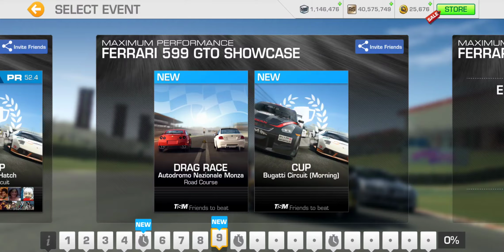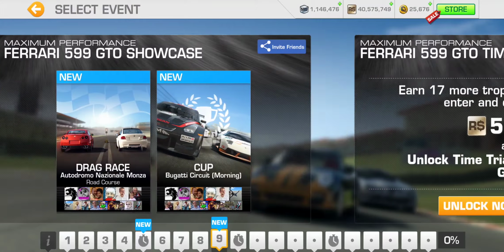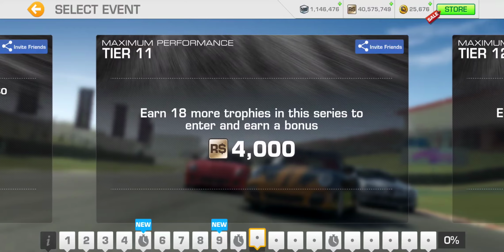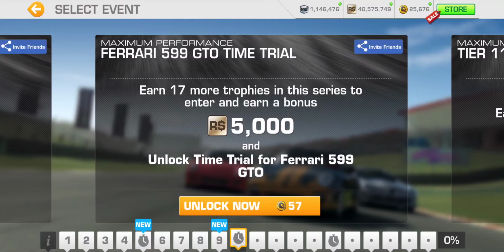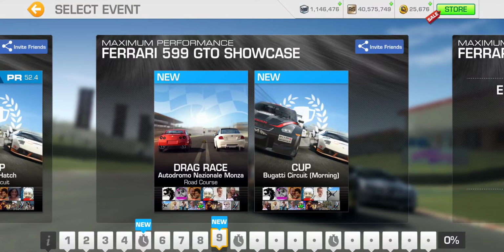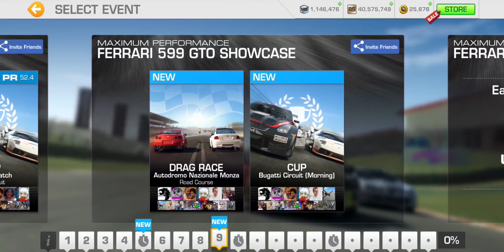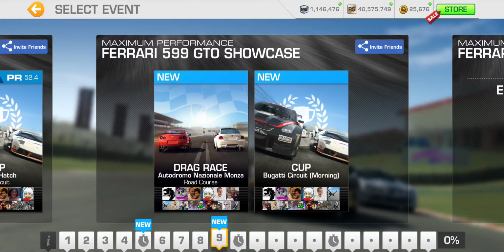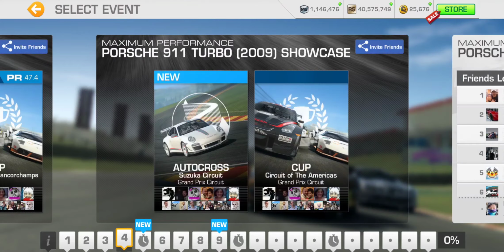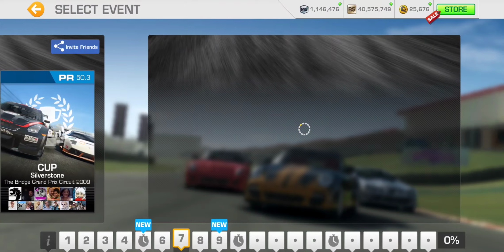Tier 9. Now, this one, as you notice, I don't know if you notice, it does not have as many trophies that you're going to need. Like 18 is what you need to unlock tier 11. But 17 in this case, because I haven't won anything so far, right? I've been just unlocking with gold. So the, once again, showcase and the time trial tiers will unlock with 1 less trophy from previous tier. Now, of course, this gets kind of offset if you do win both, complete the Porsche showcase, right? Then you're always 2 ahead. So